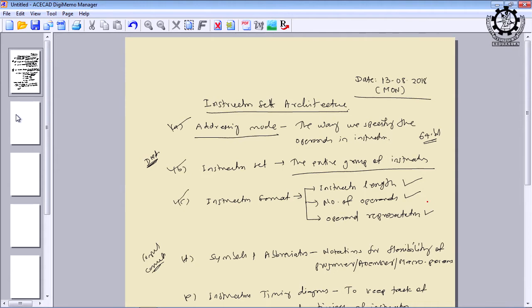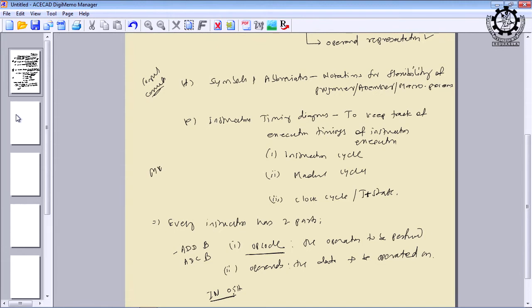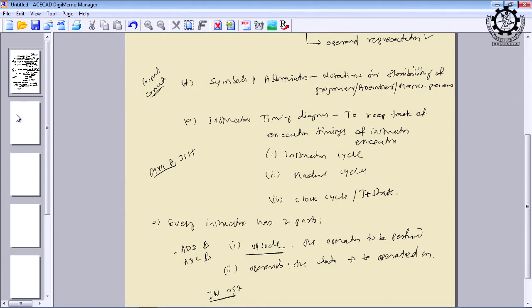What is instruction length? The number of bits representing that instruction. For example, if I say move immediate A, 35H, what is the meaning of this? 35 in hexadecimal will be loaded into the register accumulator. And what is the code for move immediate A? I think by this time everybody has remembered the hex code for move immediate A, because this is a very commonly used instruction. So, the hex code for this is 3E, is not it? And what is the second byte? 35. Now, this is 8 bit, this is 8 bit. So, how many bit instruction is it? 16 bit. So, the length of the instruction is 16 bit.